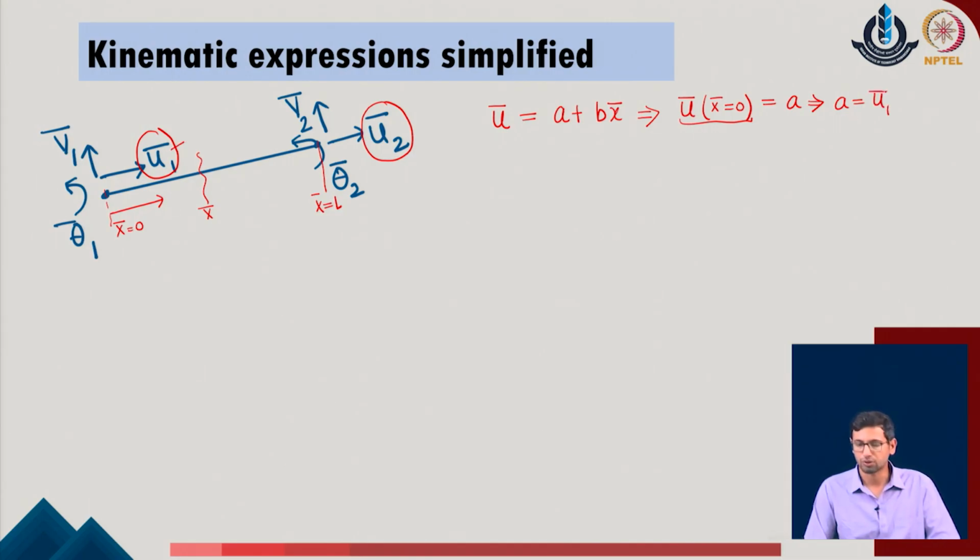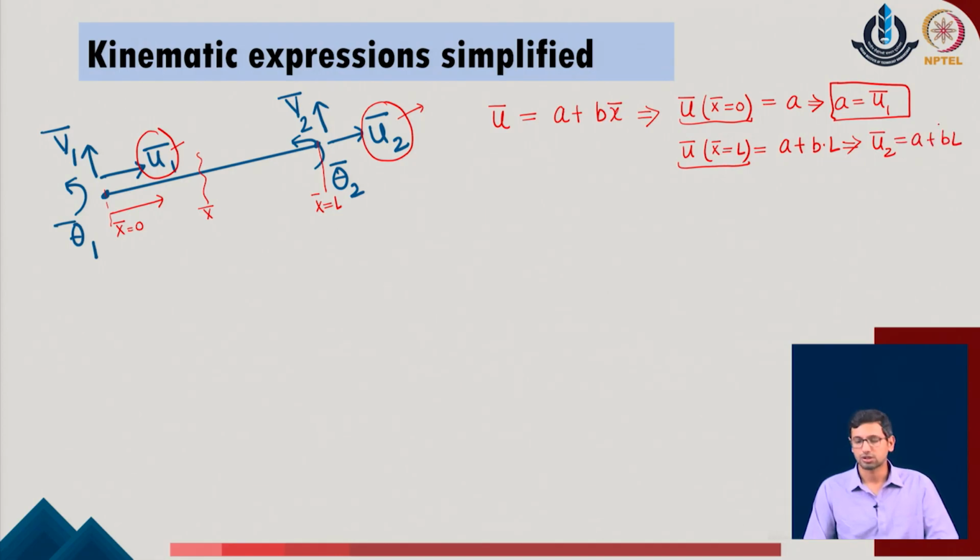So, A happens to be u1 bar in the given system. Similarly, if I go with the function again and call it u bar at x equal to L in the given problem, and I substitute this value x equal to L in the function, it gives me A plus B into L. I realize now that this value u bar at x equal to L happens to be the value of displacement over here, which is u2 bar. So, I can call it that u2 bar is equal to A plus B of L.